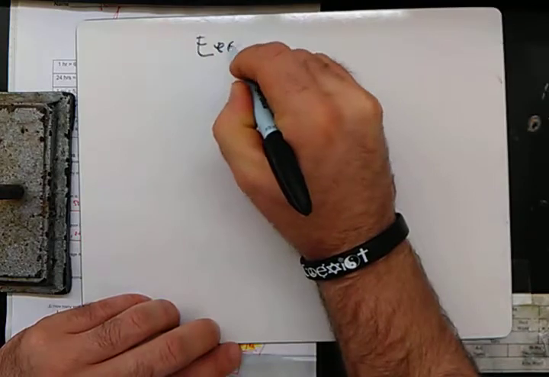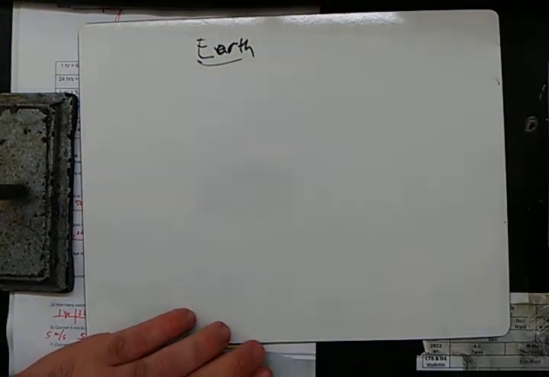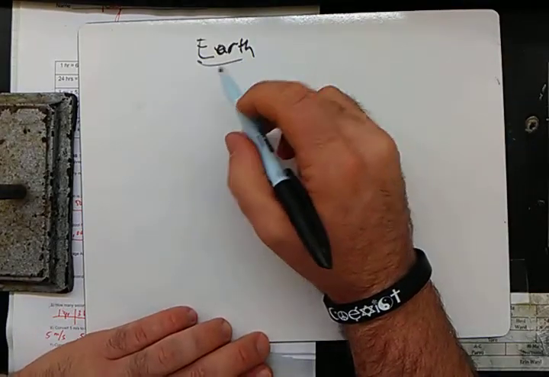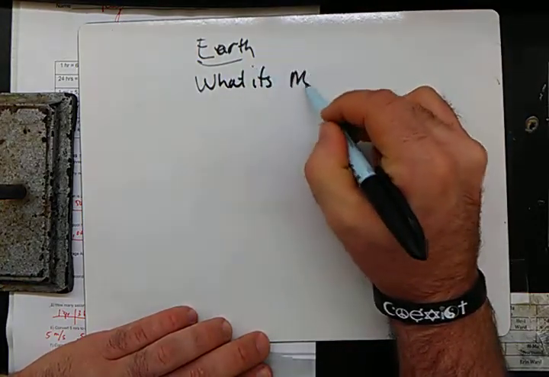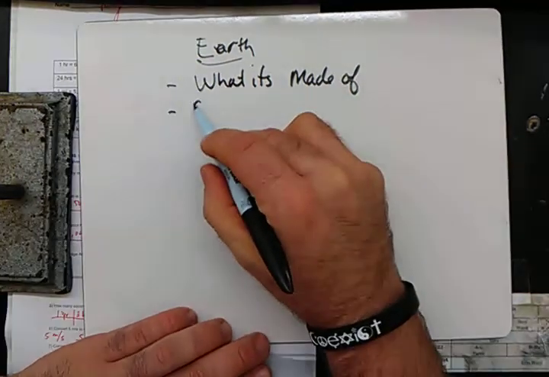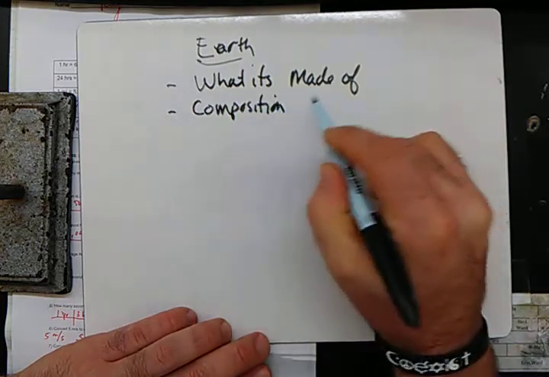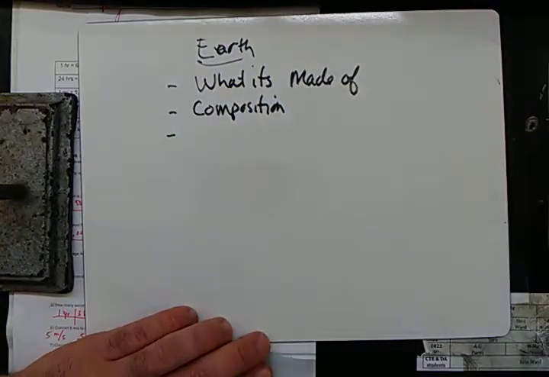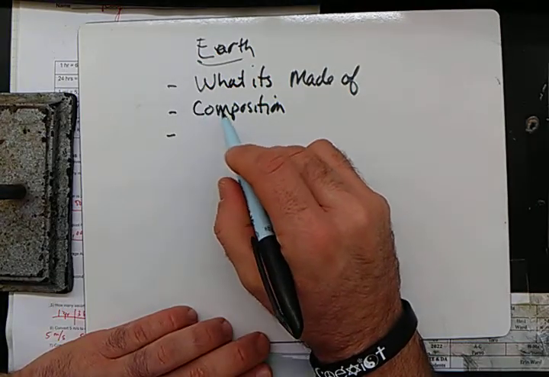So the Earth, on the midterm, you're going to want to know what it's made of. Okay, what it's made of. The composition. Okay, you want to know the layers of the Earth. You also want to know a little bit about